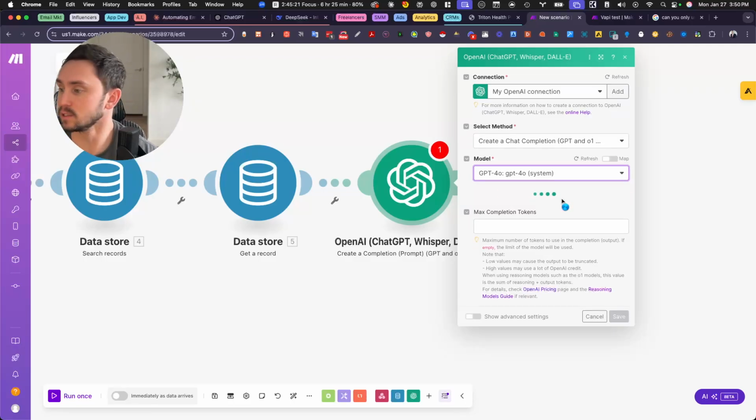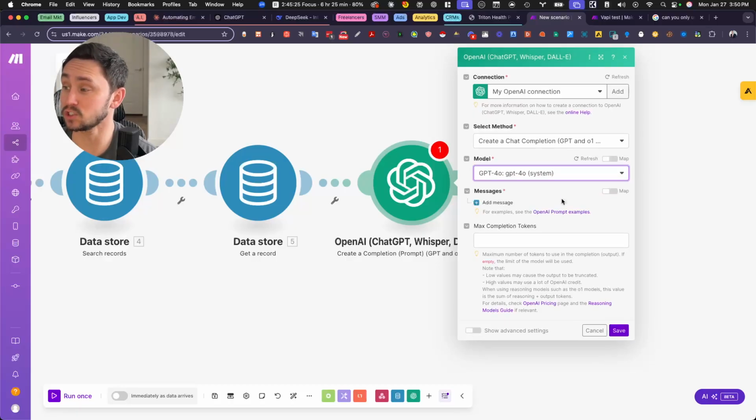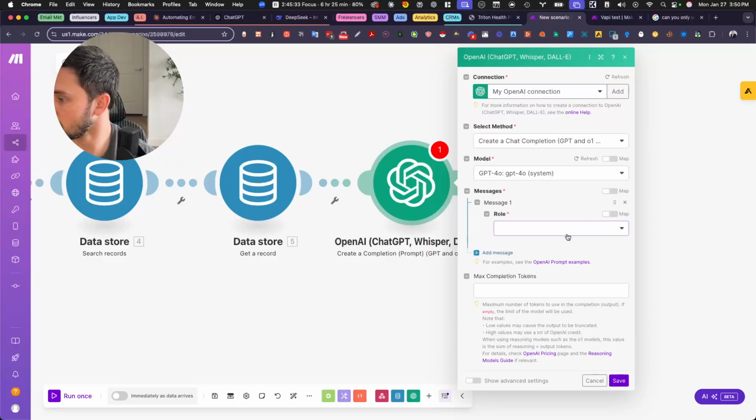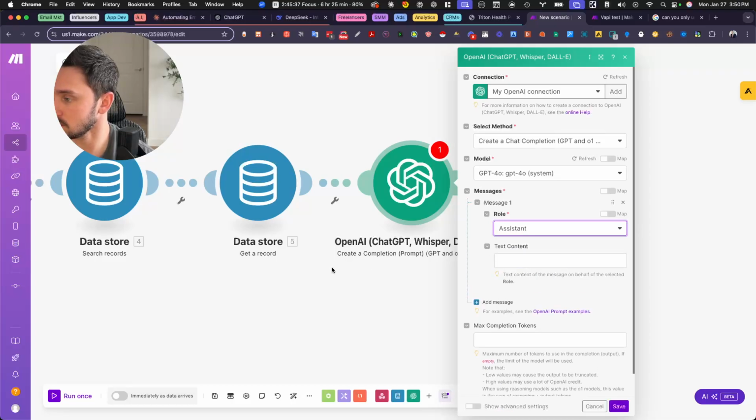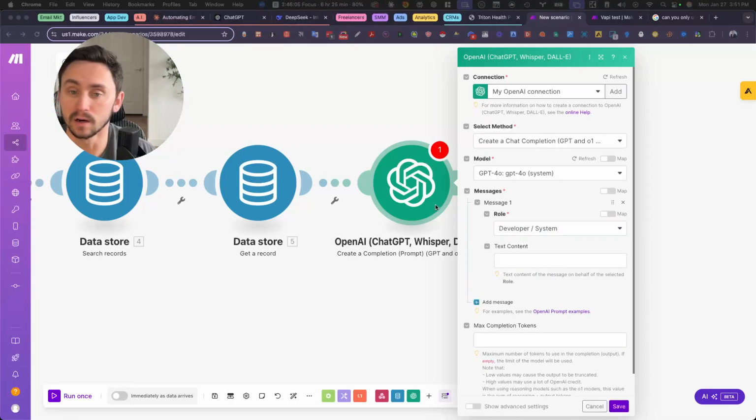Also, DeepSeek is getting pretty popular. I think DeepSeek is a lot more affordable than the ChatGPT tokens. I could test that out as well to see if that works, but I'll save that for a different video. So you go here. I'm going to select assistant. All right. Actually, better yet, we want to go with